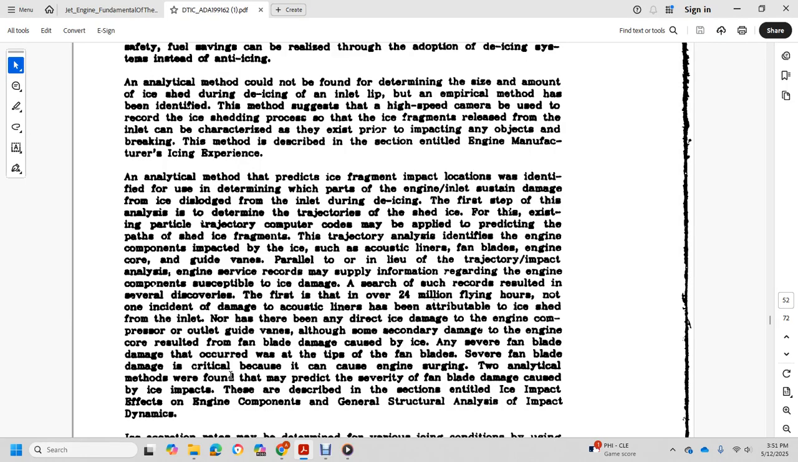Severe fan blade damage occurred at the tip of the fan blade. Severe fan blade damage is critical because it causes engine surging. Two analytical methods have been found to predict the severity of fan damage caused by ice impact, which are described in the section entitled Ice Impact Effect, with the engine component general structural analysis and impact